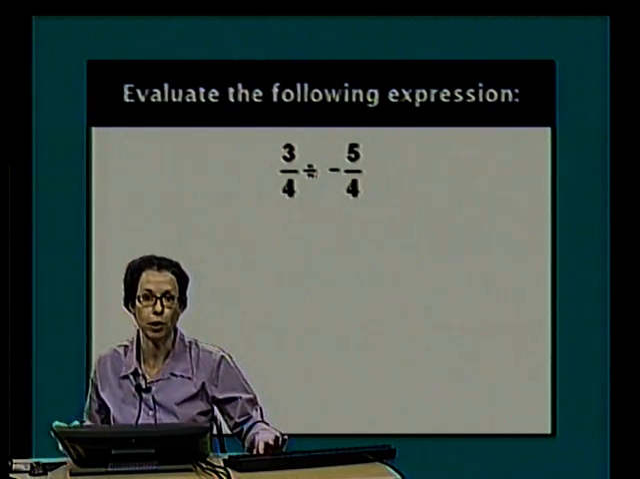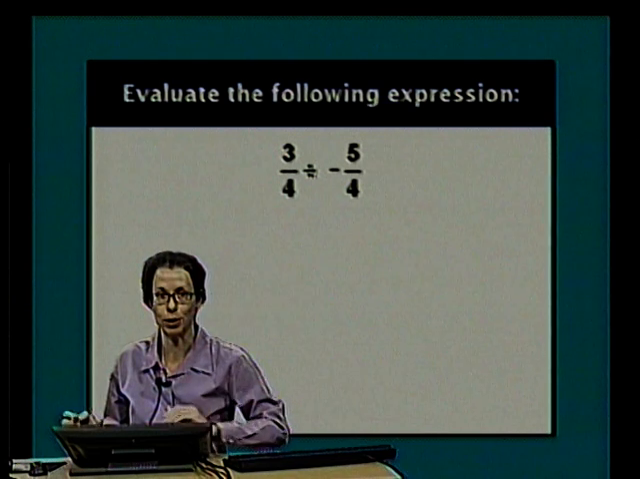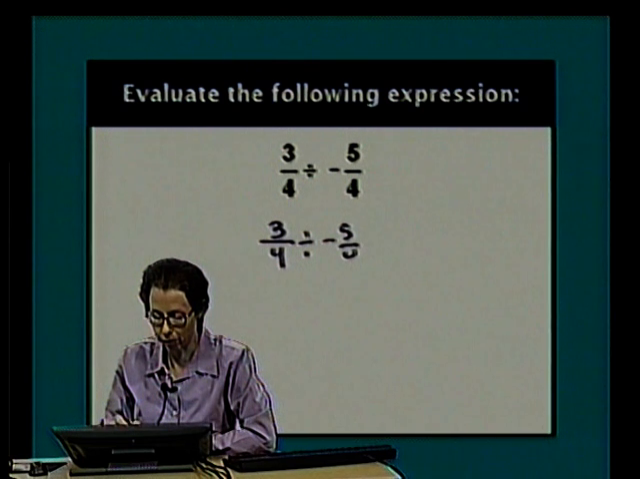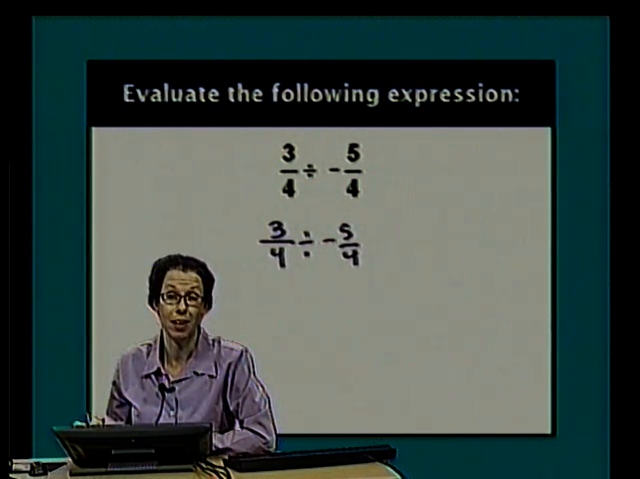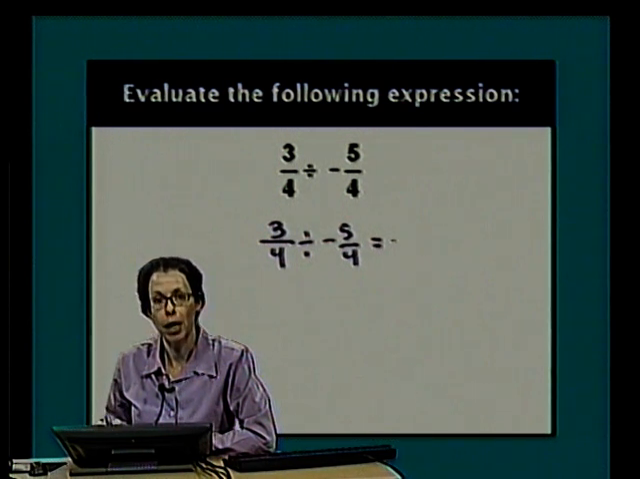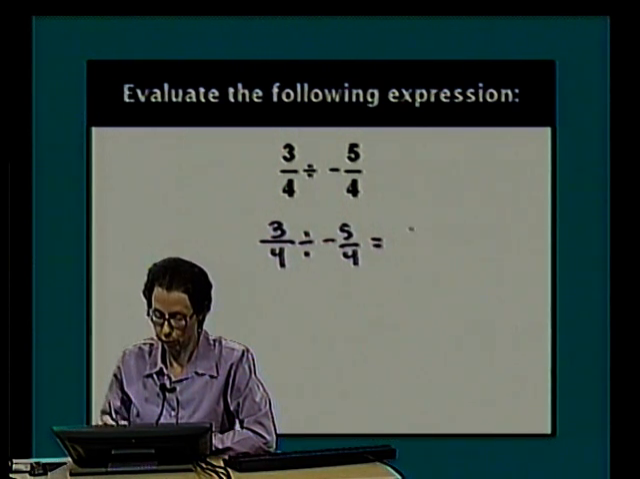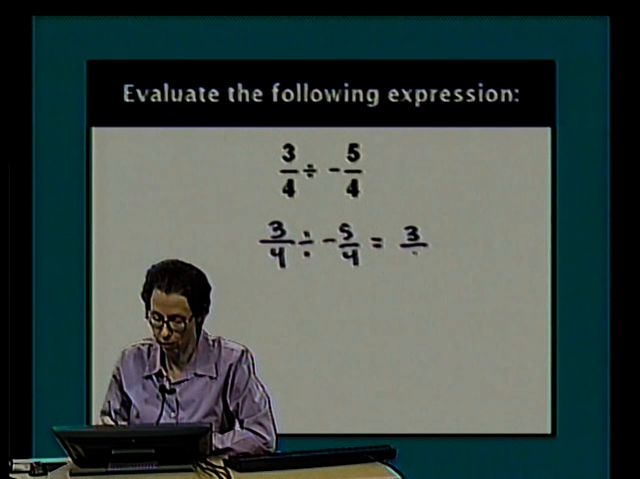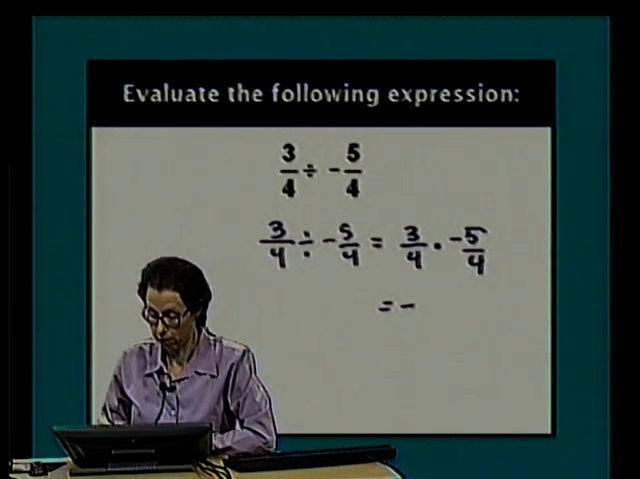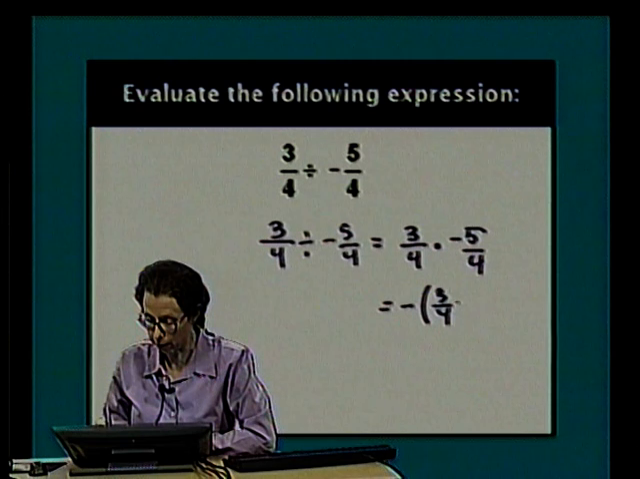Okay, let's do a fraction problem, throwing negative numbers into the mix. 3/4 divided by -5/4. I know from the get-go that the answer is going to be negative. And I'm going to change the division problem to a multiplication problem. So this will be 3/4 times -5/4. If I kind of pull the negative out front and do the fraction arithmetic,